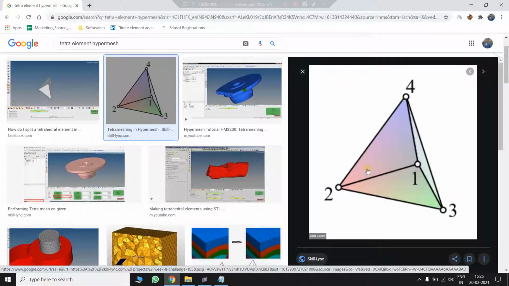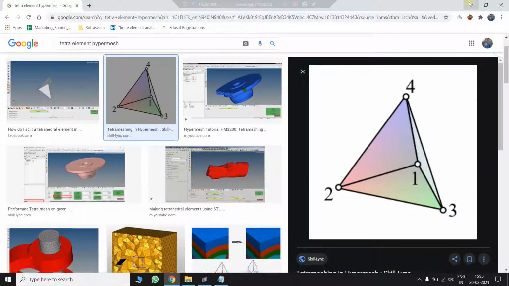If all the 4 nodes lie in one plane, if this one is approaching the plane created by 2, 3, 4, then it is something which is not desired. It is a TET collapse and our element is failing in that criteria, and basically we need to move node number 1 out of the plane of the 2, 3, 4 nodes. Okay, so this is what TET collapse is.